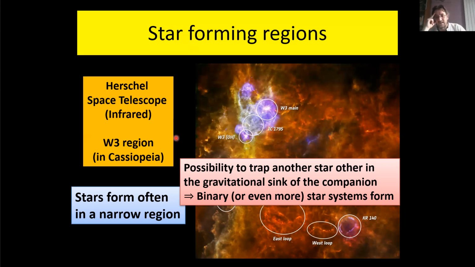But try to make a stable orbit for a planet at just the right distance from the star, so that you can have water, H2O, in liquid form. If it's too close, you have water vapor. If you are too far away, you have solid water, which means ice. And for the chemical reactions to create life, you need water in liquid form. So there is this narrow band, and if you have two stars and a planet around,